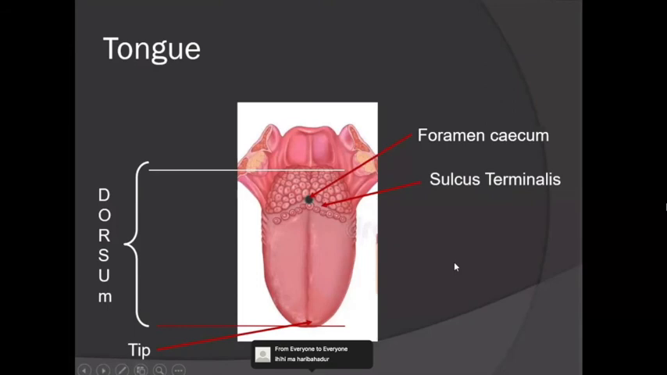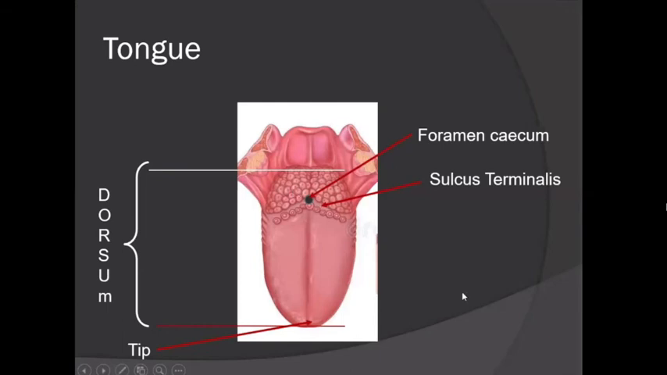What is the foramen cecum actually? That is a vestigial part which indicates the place of the earlier thyroglossal duct formation. The thyroglossal duct forms from this point, but later this disappears. It becomes disconnected. Now, this sulcus terminalis divides the tongue into two parts: the anterior 2/3 and the posterior